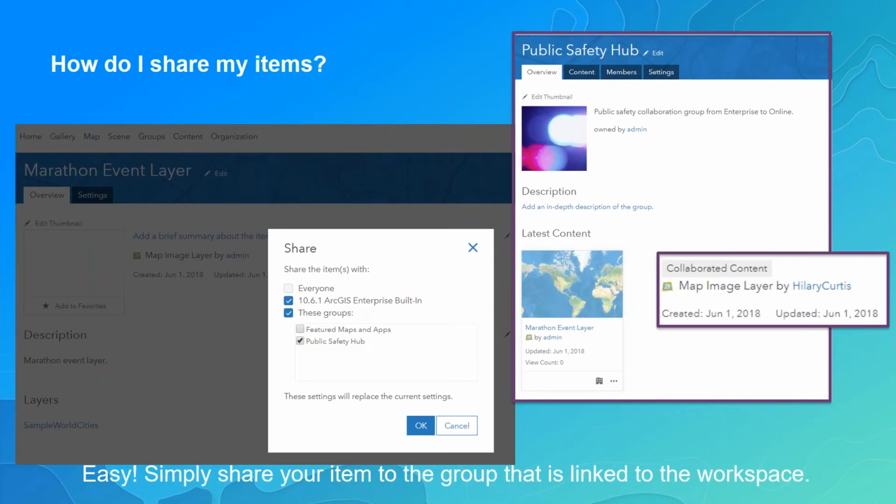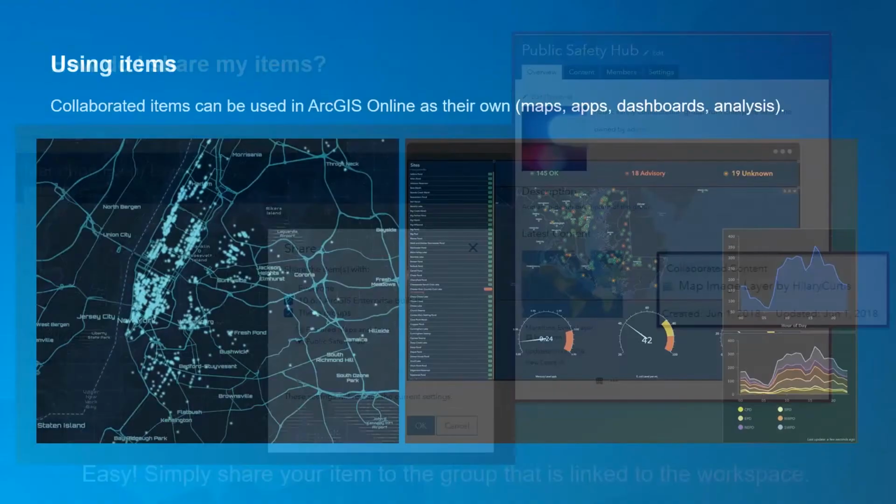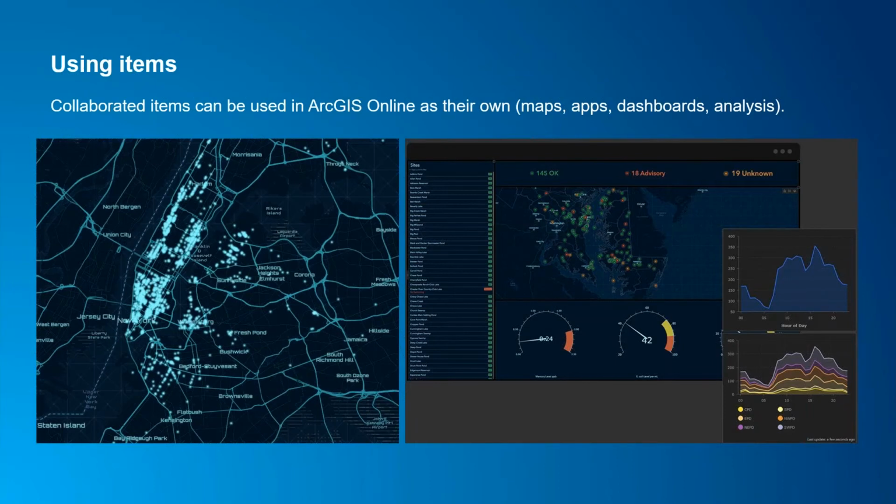And so, for you science fiction fans, think of this as creating a wormhole between two dimensions, right? So you have two organizations, they're sharing content, but from each of those organizations, it appears as if it's just another group and content within their own organization. And then once you are there, from your perspective in a collaboration, it just looks like your own content.